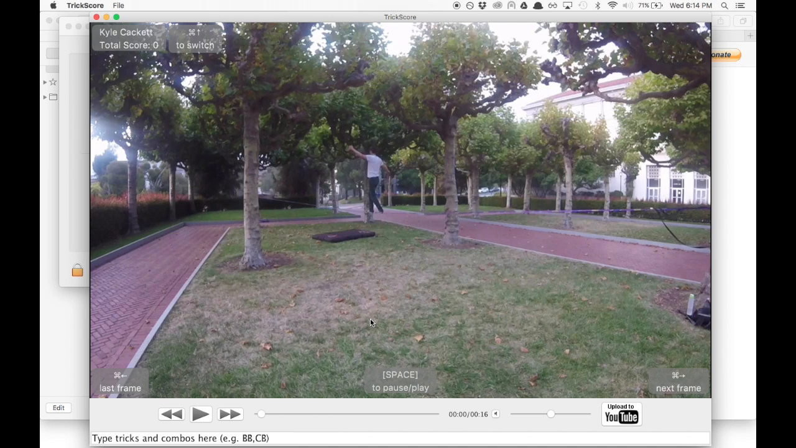I press the space bar to pause the video. So up at the top, we've got the current score, which is 0, since I haven't typed anything in yet. And then at the bottom, we've got some controls for the video, and then a text box where you'll type in tricks and combos. So this is my round 1 video, and the round 1 fill in the blank prompt